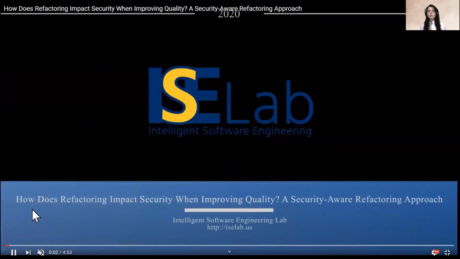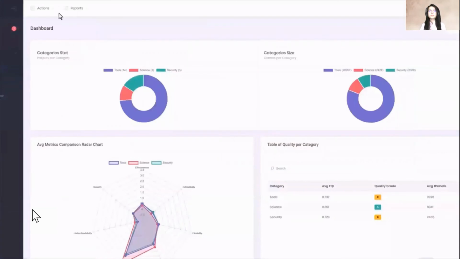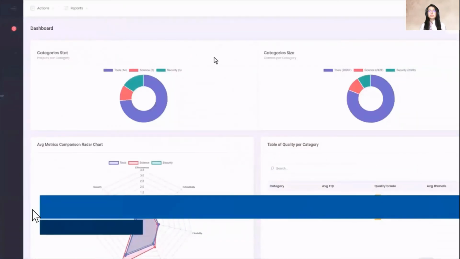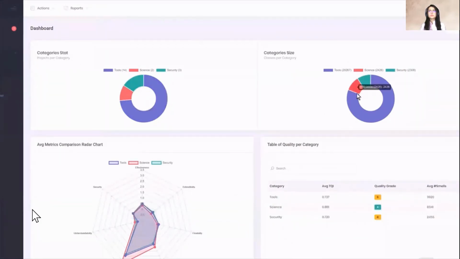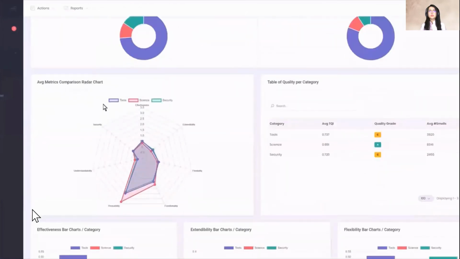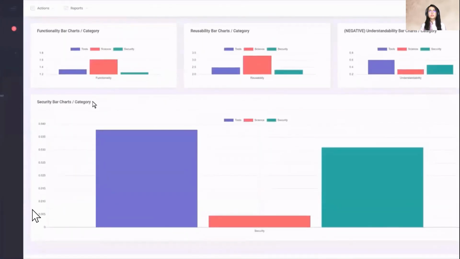Now let's see a demo of the tool we implemented for this contribution. First, we start by logging in. Here we have a dashboard that contains a summary of the quality and security computations for all the projects we have in our database. So this is a radar chart that compares the different quality and security metrics for the different categories of our